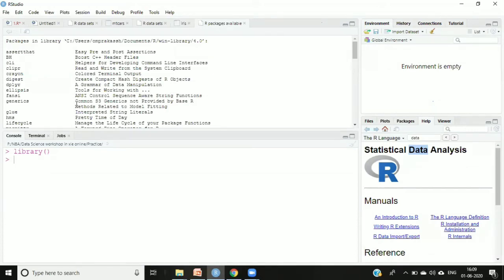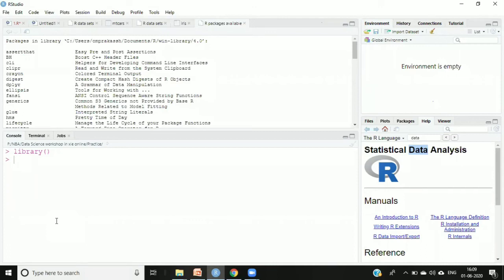If the library is already installed, we can directly load it; we don't have to install it. But if the library is not there, then we will have to install it. So this is the scenario. If you require any feature, you can always install the library.